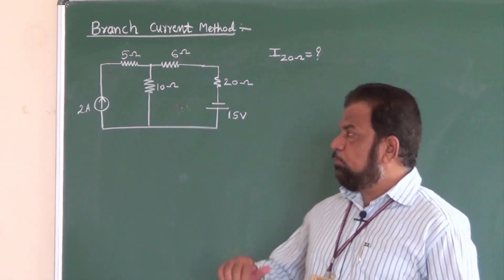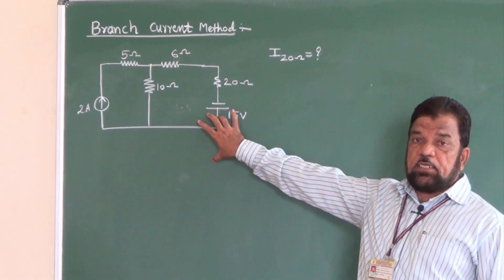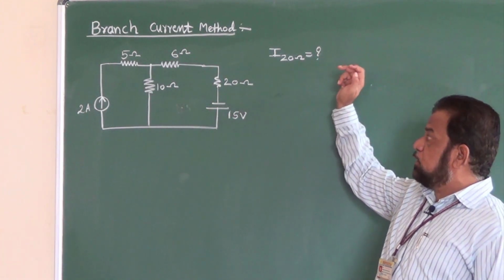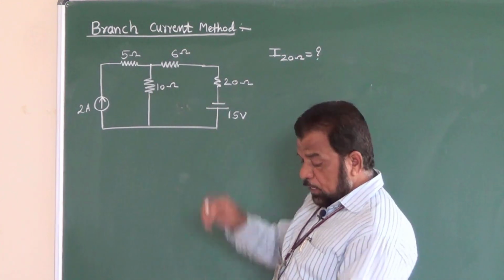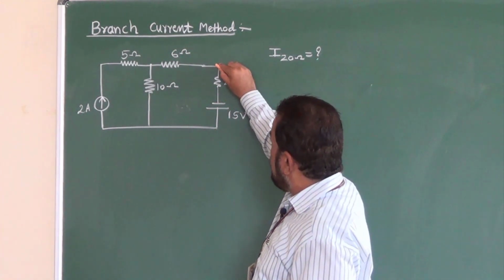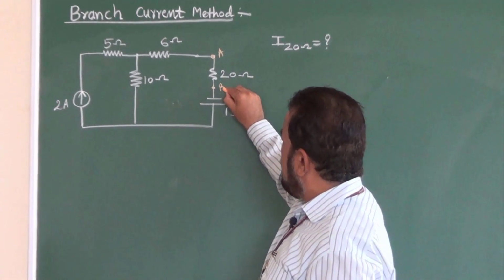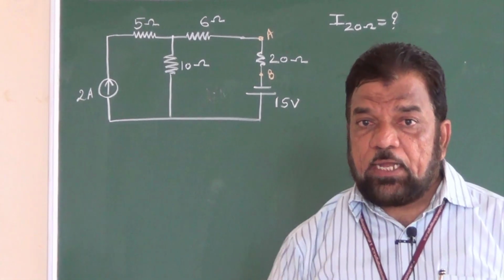So in a given problem, if I make the problem statement like this one, for this simple circuit, find out the current flowing through the 20 ohm resistance. I need to find out the current flowing through the 20 ohm, so I will mark A and B as the terminals of the 20 ohm resistance. If we look at the circuit